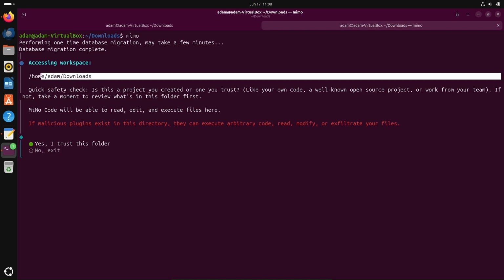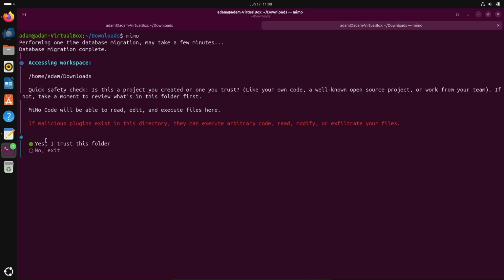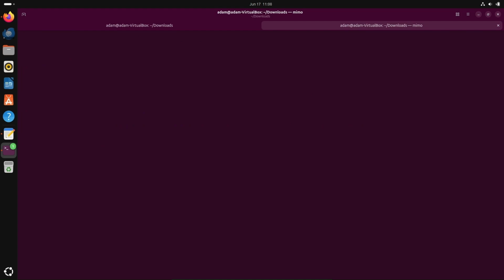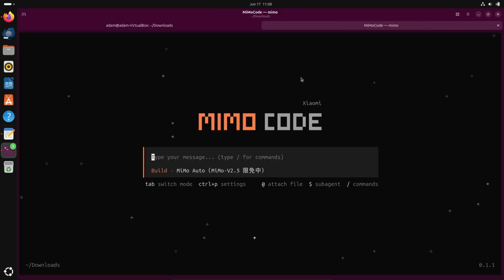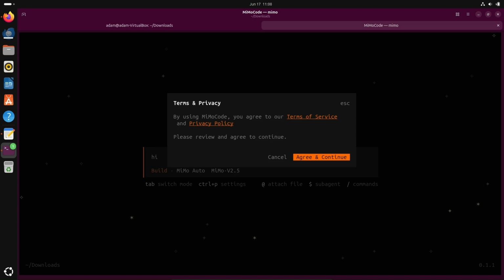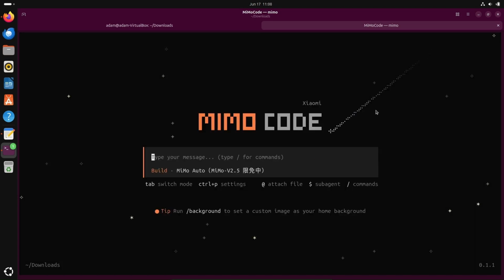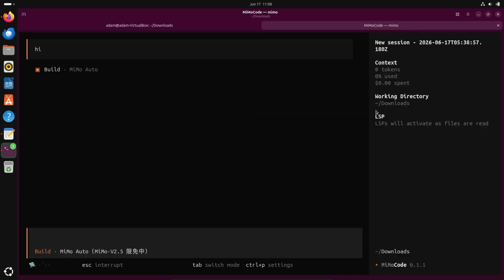So this is the download section, that's fine. Now let's check this here. Yes, I trust this folder, press enter. Now the new AI agent from MI is open there. So in Mimo Code, you can type anything. Let's test it with the